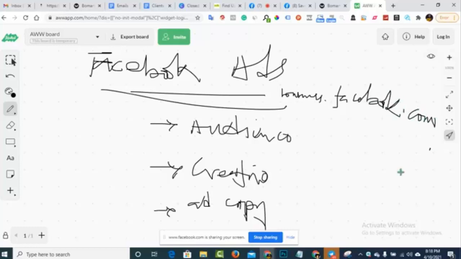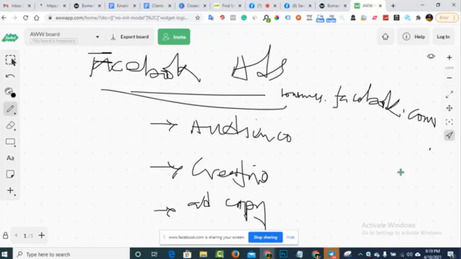Once you go on there, you'll be able to create your business manager, and of course you can get started with your account. And that account is what you use for running your advertising on Facebook.